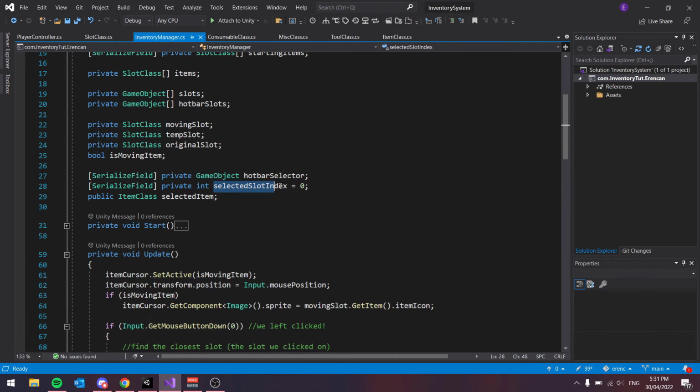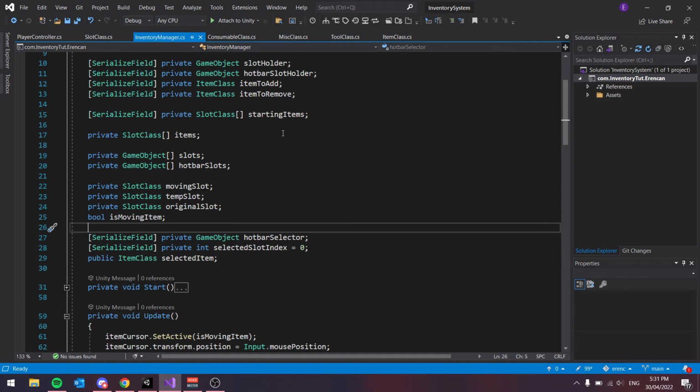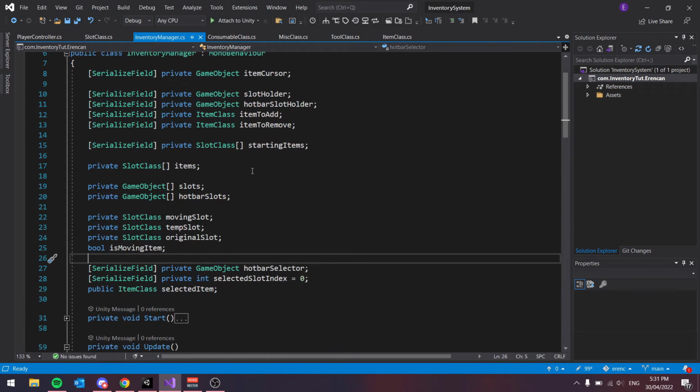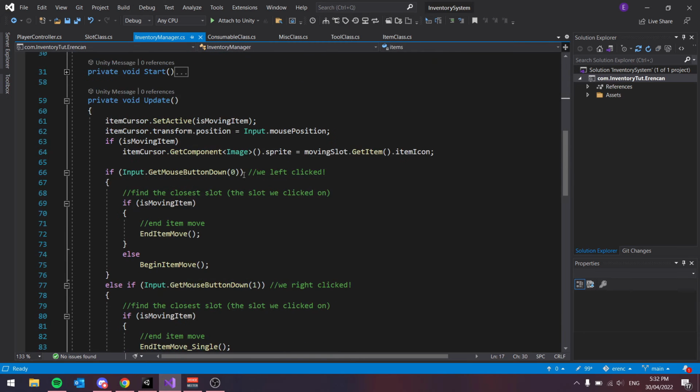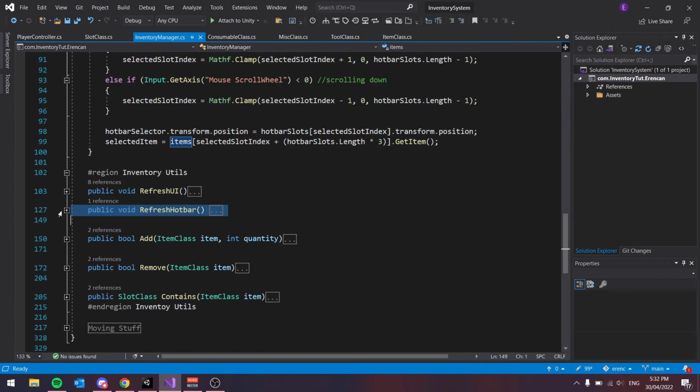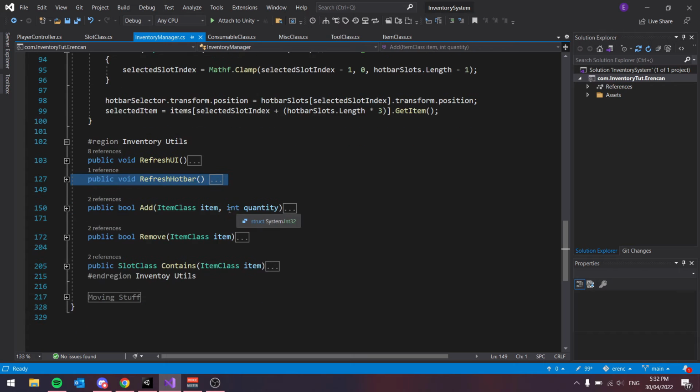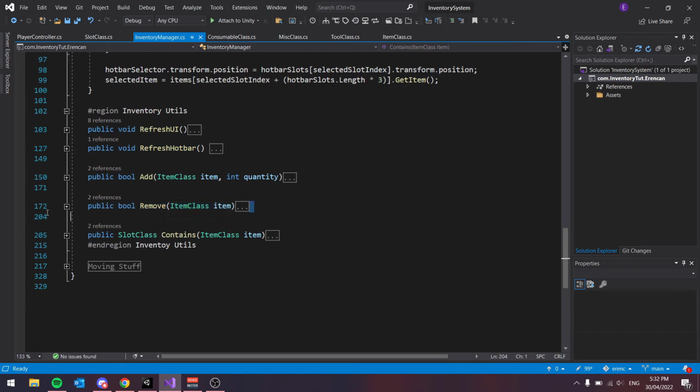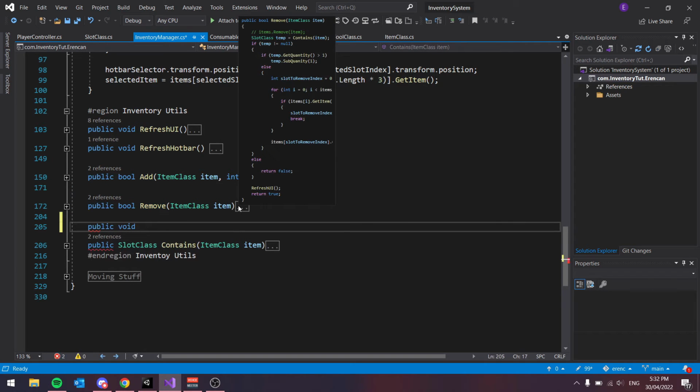Now, since we keep track of our selected slot index, we can access the currently selected slot in our hotbar, right? So we can just say selected slot index inside hotbar slots. Sorry, not hotbar slots, that one. Inside items. Yeah, so we'll just get it the same way that we refresh the hotbar. So you'll see how that works in a sec. Rather than putting this into a remove function or trying to edit this function, because remove and add do exactly what they're supposed to do, I'm just going to add a new function, public void,